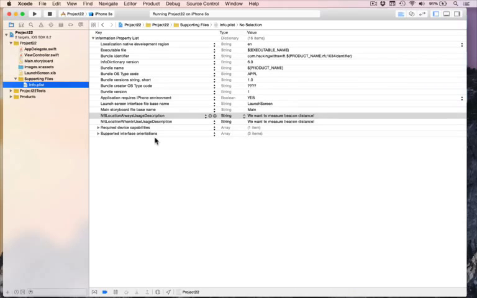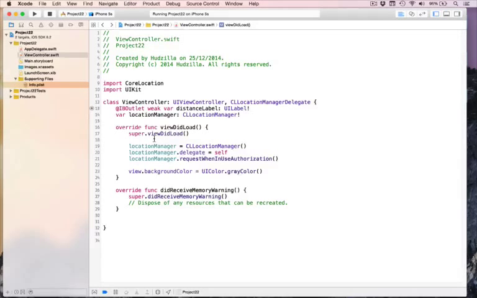So, requesting location authorization is a non-blocking operation, which means you say, give me access. iOS shows the user the information: do you want to allow or not? They press allow, and you get a callback when we know what's happened. So we can actually use a delegate method of the location manager to say, okay, has my authorization status changed? And if so, what to? And in our case, we want to look for, have I been authorized for always access or when in use access? And if so, we have to, in our particular case, say, is my device,